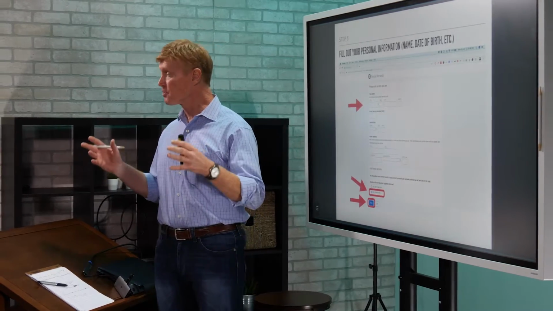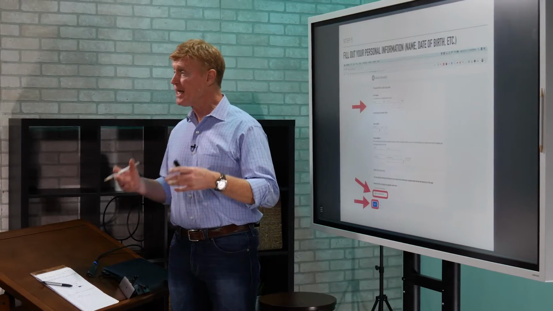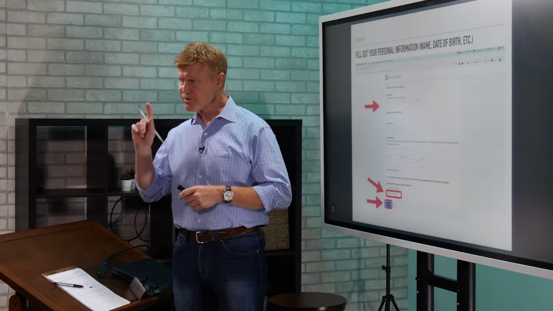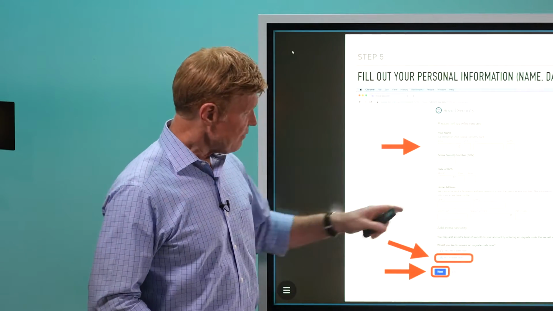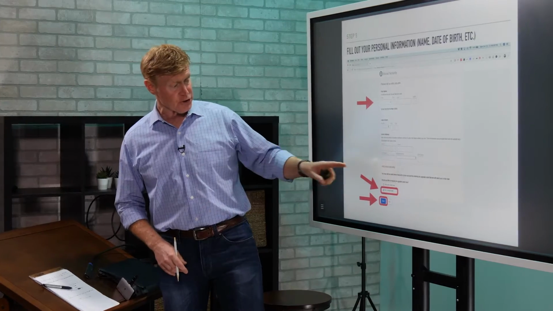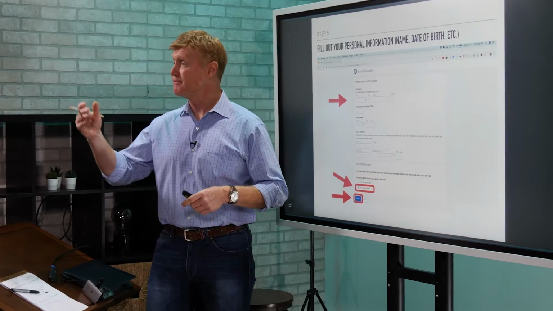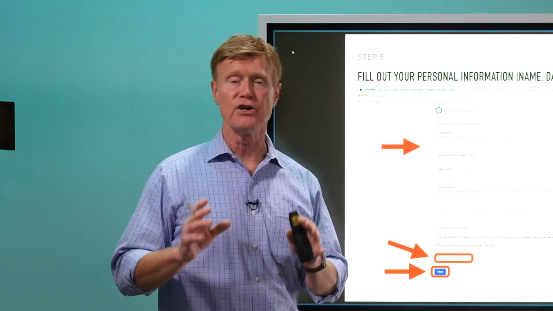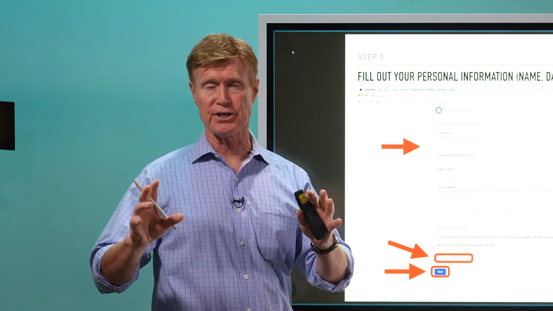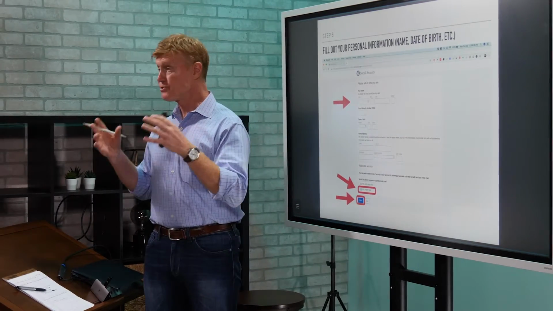Here, we're going to give them some personal information. Your name, your social security number, your date of birth, and your address. Now this next part is very, very important. They're going to ask you a question if you would like to add extra security, and it says this: you may add an extra level of security to your account by entering an upgrade code that we will send you in the mail. And so my advice to you is I would say no, you do not need an extra level of security. I believe this is a very secure site anyways,